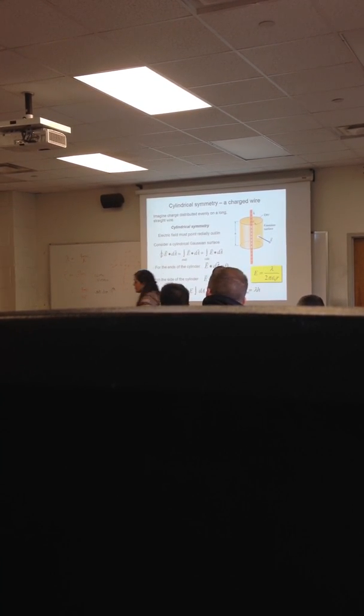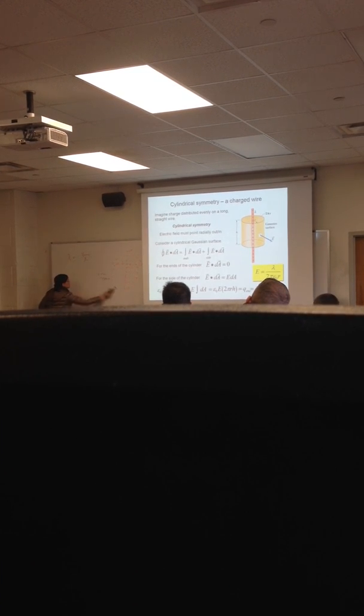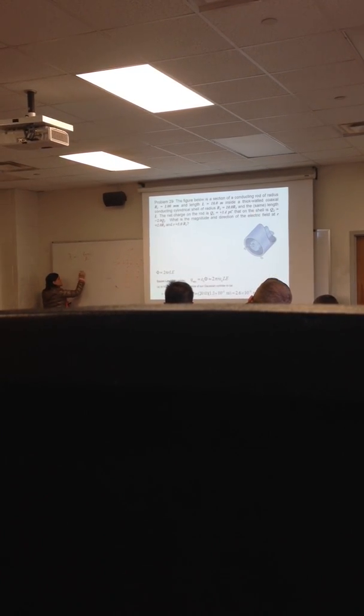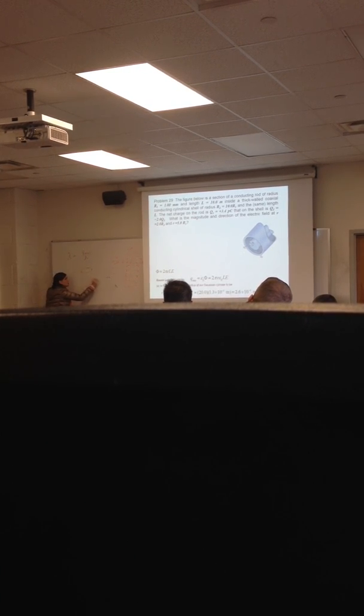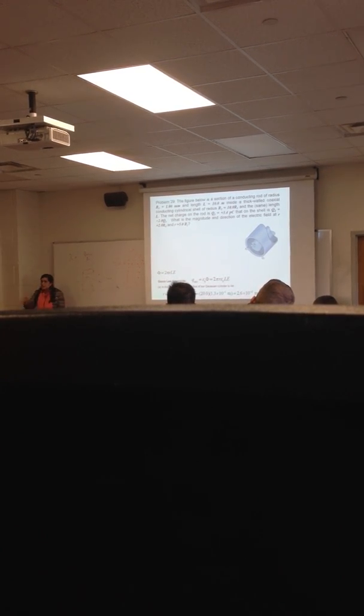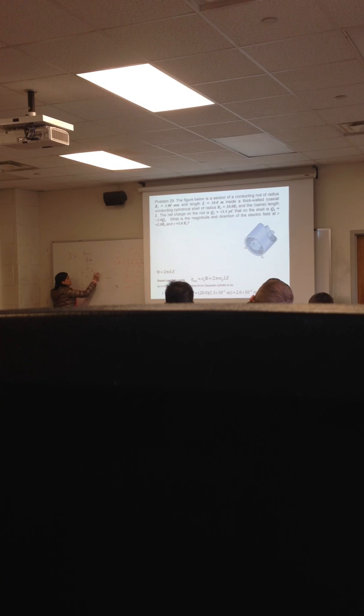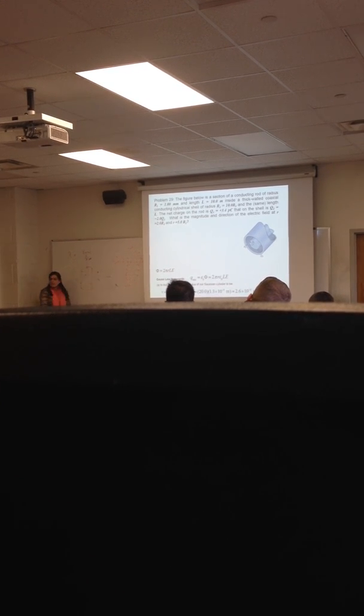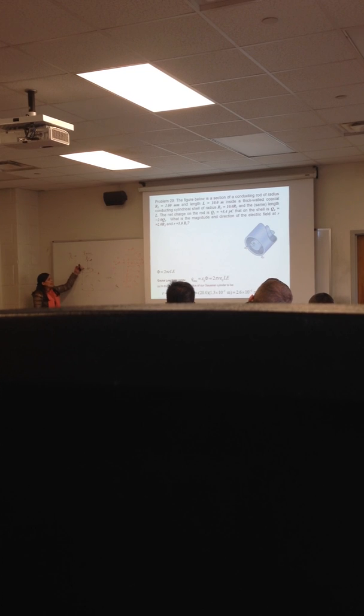Okay? Yes? Is the reason why you don't care about the wire outside the cylinder just because it doesn't contribute to the actual flux? It doesn't contribute to the actual flux because look what happens. This is the top face of the cylinder. This is the bottom face of the cylinder. The electric field comes out radially. I'm trying to do this in 3 dimensions, if you know what I mean. It comes out like a sun. So this face, the electric field skims the top of the face. It doesn't come through the top of the face. So this is dA, this is E, and this in 3 dimensions is 90 degrees. Do you see what I mean? So it does not pierce the top